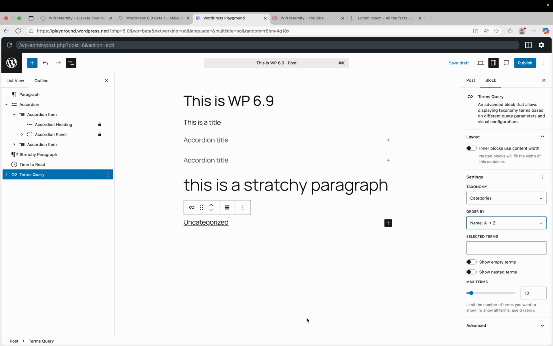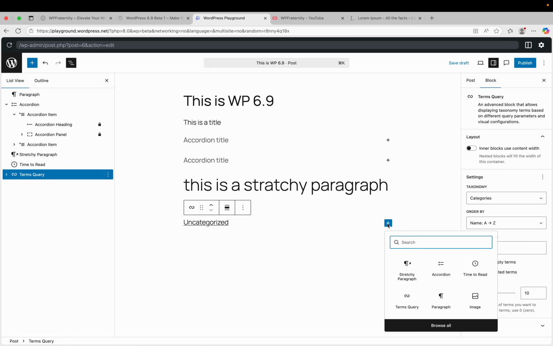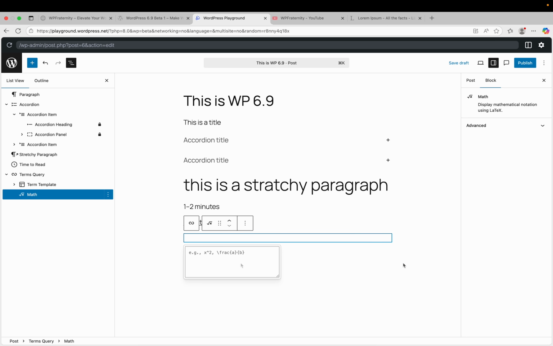Now let's talk about the math block. Math lovers will really love this. There is a new dedicated math block. So let's click on this plus icon, search for math. So this is the math block. You can write formulas using math syntax and it will render beautifully on the page. You can also insert math inline inside a paragraph, great for educational and technical content. For example, if we try 2 plus 2 equal to 4,